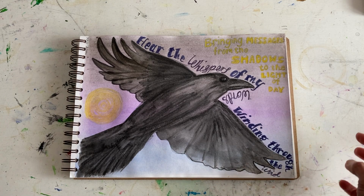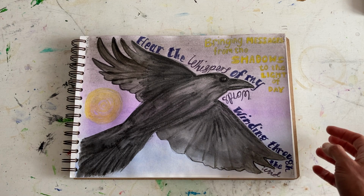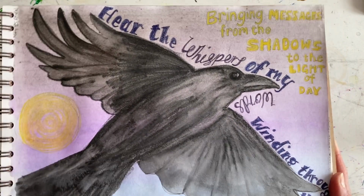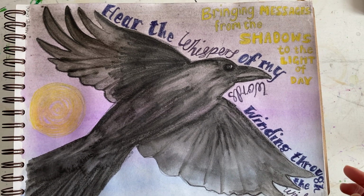on why I tend to draw things rather than do collage. It's not that I don't like collage. There are some beautiful collaged sketchbooks out there, and in fact it was really lovely to see Feeding My Soul